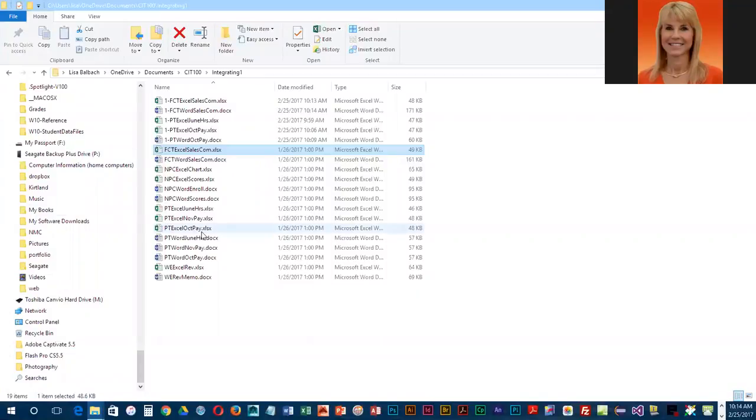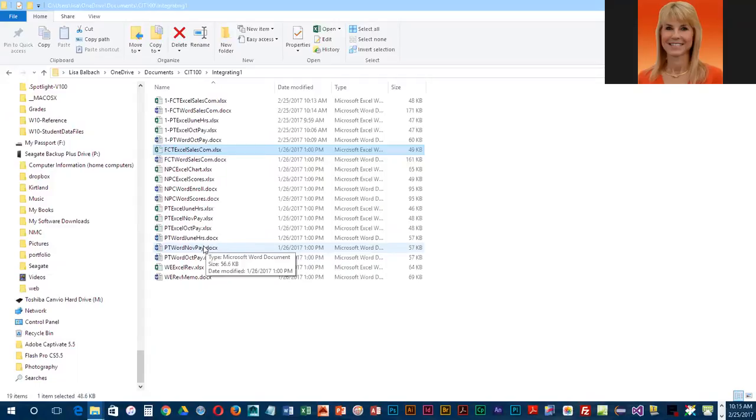So we covered copying and pasting. We've covered linking. Now we're going to cover how to embed an Excel worksheet into a Word document. And if you embed a worksheet, it is completely separate from the original. So you can make changes to the original without that impacting the embedded object. So you will embed something when you still want it to be an Excel object, but the information doesn't have